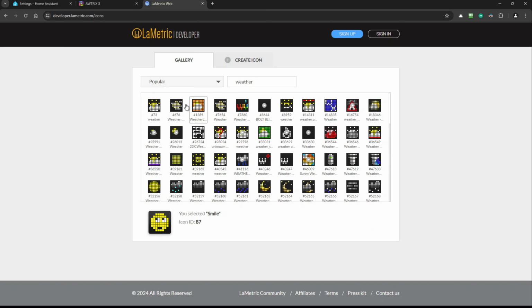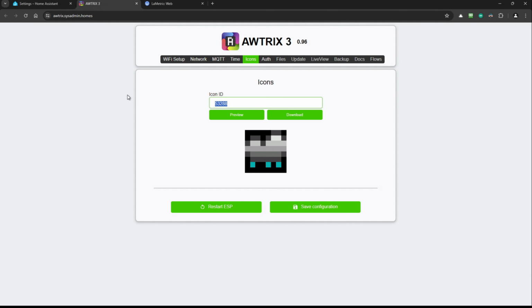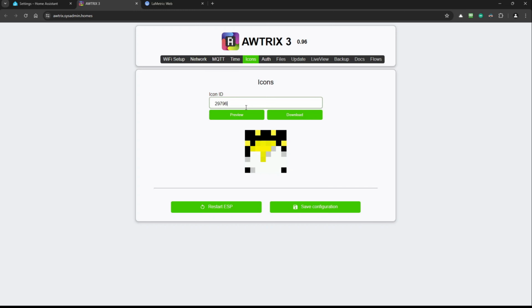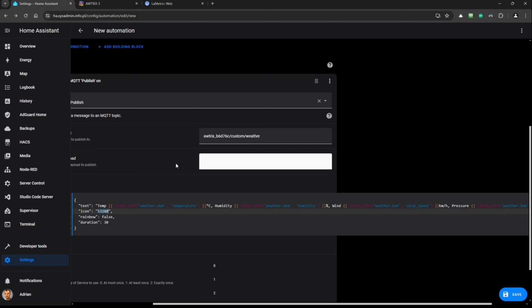And so you can pick up another one, and let's say I would like to have some nice sun instead of cloud and rain, maybe this one. Okay, I will pick this one and I will copy this ID. So here we go, preview, download, close, save configuration, close, that's it, select, Control C, go back here and change this value here. So the problem is that it is hard coded,